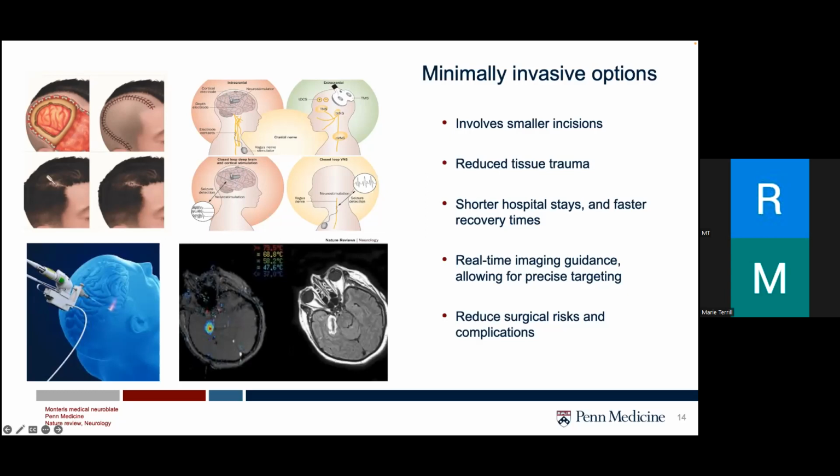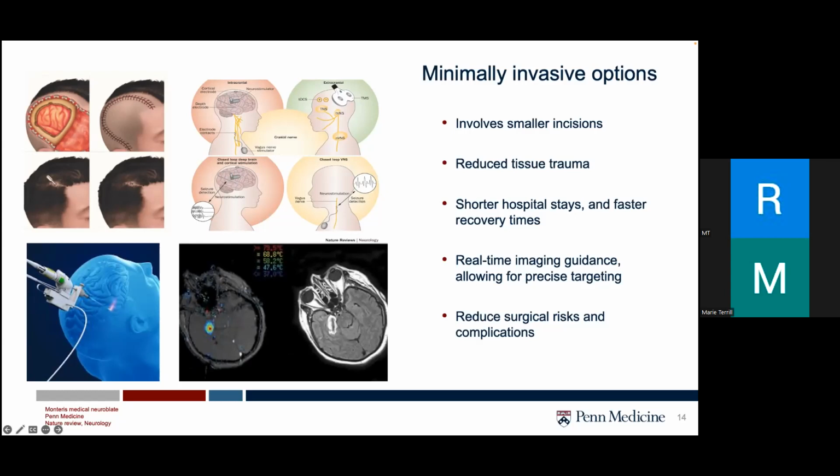It is important to consider that every patient is unique. Their circumstances and preferences are unique. What may be considered optimal for one person might not be the same for the other. So the decision-making process should involve a comprehensive evaluation of various treatment options, taking into account all the factors like the underlying cause of epilepsy, patient's medical history, and clearly their own preferences and values.